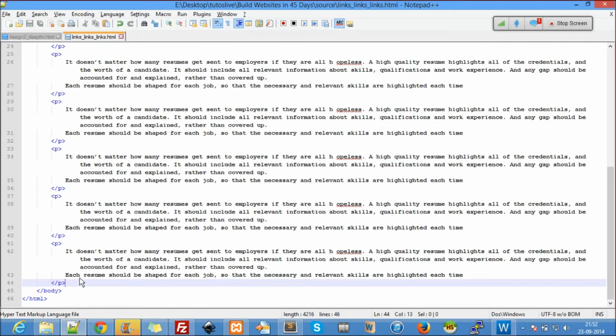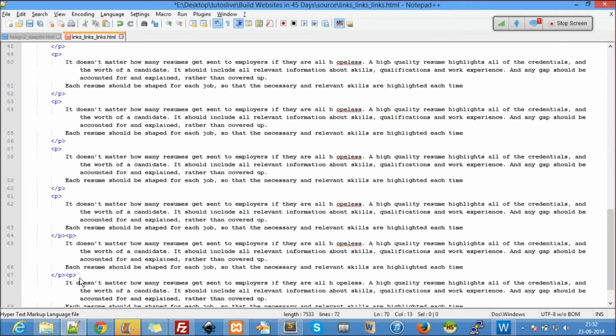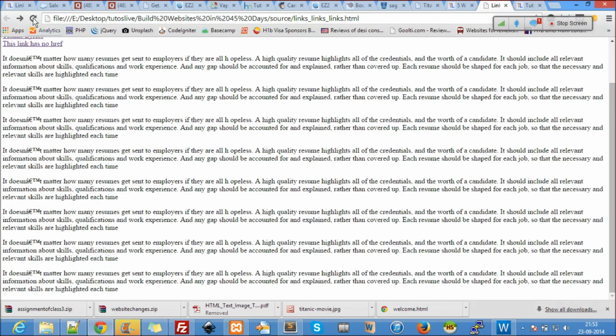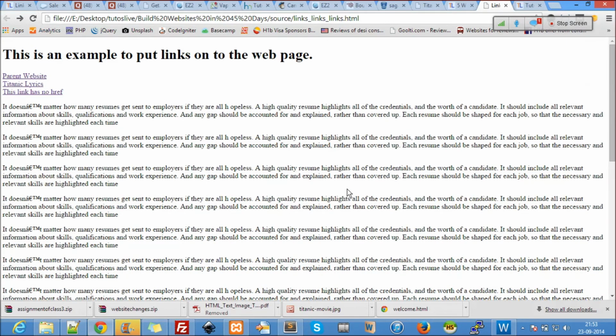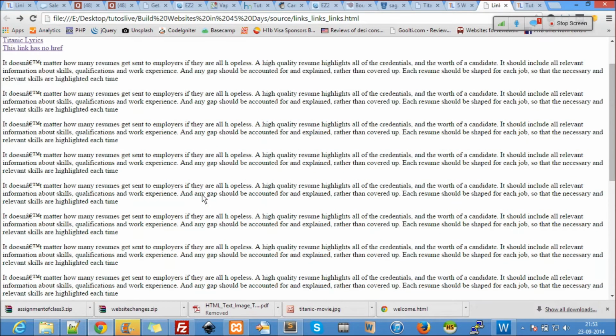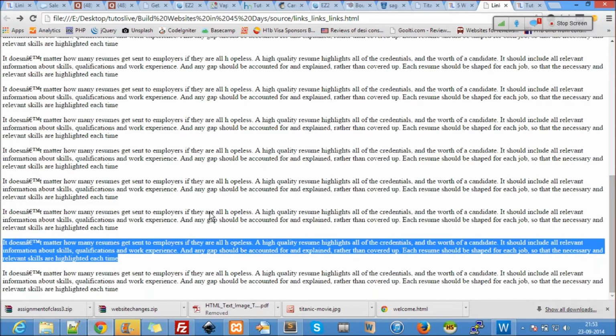I need a very big page. Right? So this is about it. So we have a very big page. Now I want to jump to this paragraph.